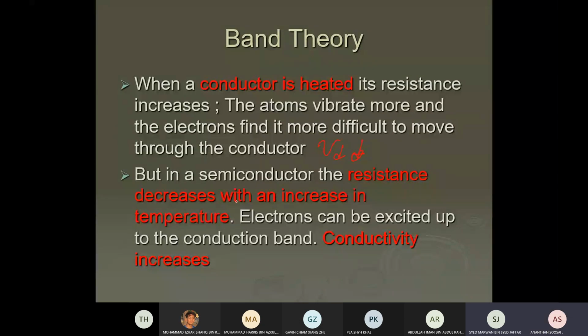But in semiconductor, the resistance decreases with an increase in temperature. Electron can be excited to the conduction band. Conductivity increases. This is for semiconductor. I tell you the truth, you see, I equals to